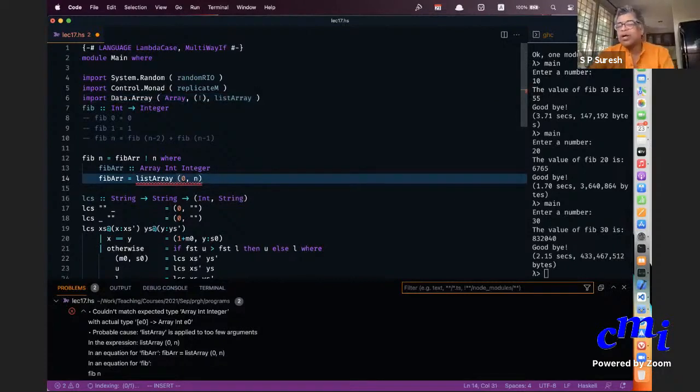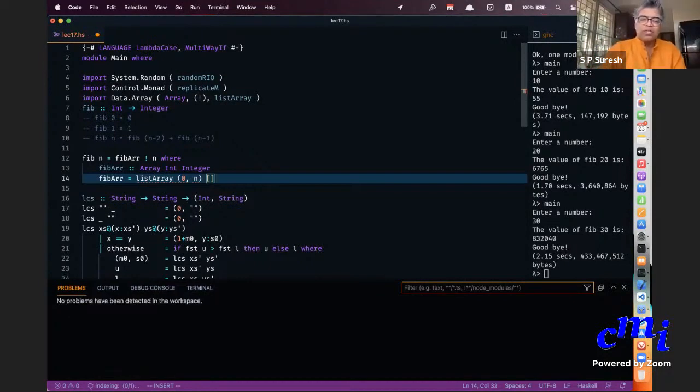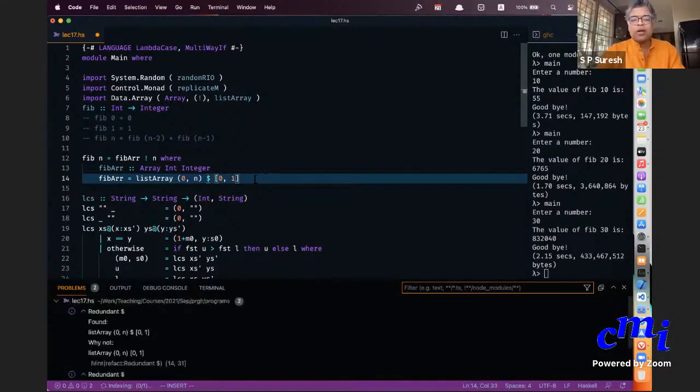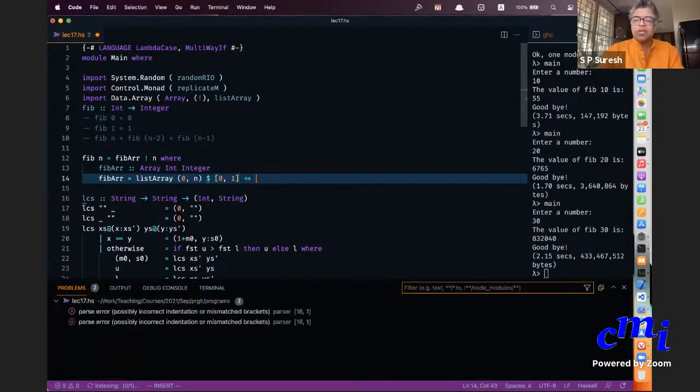This is the important thing. I need to give a list now, right? I need to give a list of all Fibonacci numbers, basically. I can't do that. But how do I do that? This is the most awesome thing then. Okay, I'll say first element is 0, second element is 1. What about the remaining elements? Remaining elements are